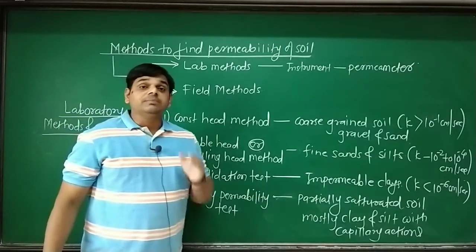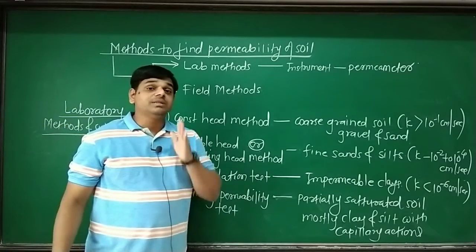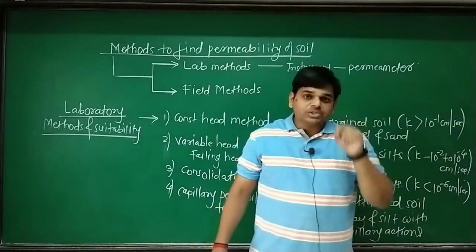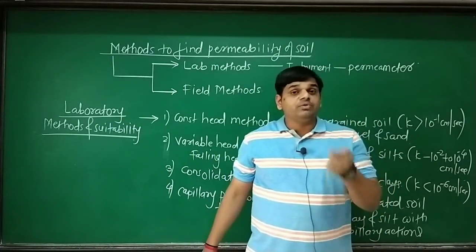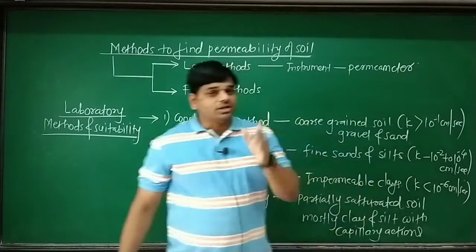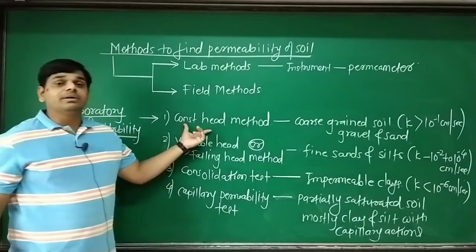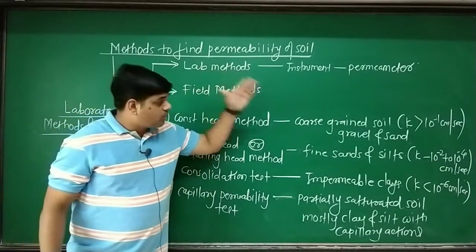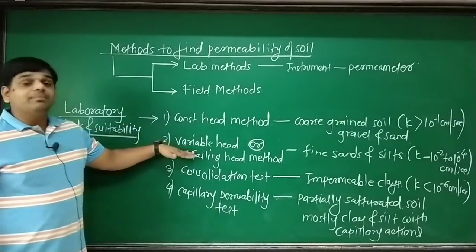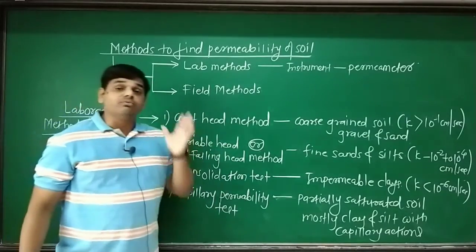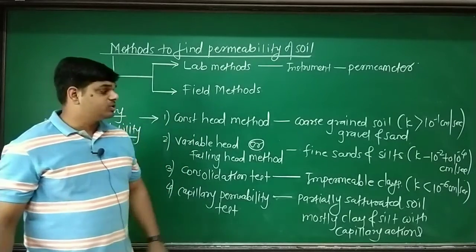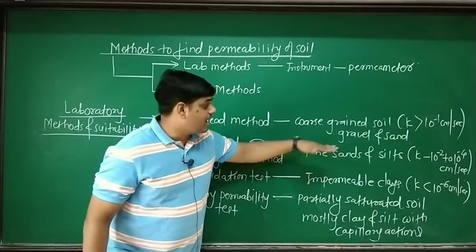And sometimes in problems they will not mention the name of the method. They will mention the type of soil, and based on the type of soil we have to decide which method is used to solve that particular problem. Okay, so concentrate. Constant head method is suitable for coarse grained soil like gravel and sand. Variable head method, also known as falling head method, is suitable for fine grained soil like fine sand and silt,